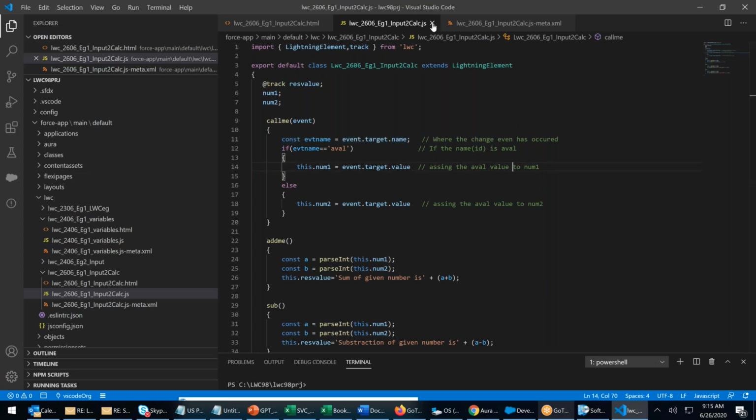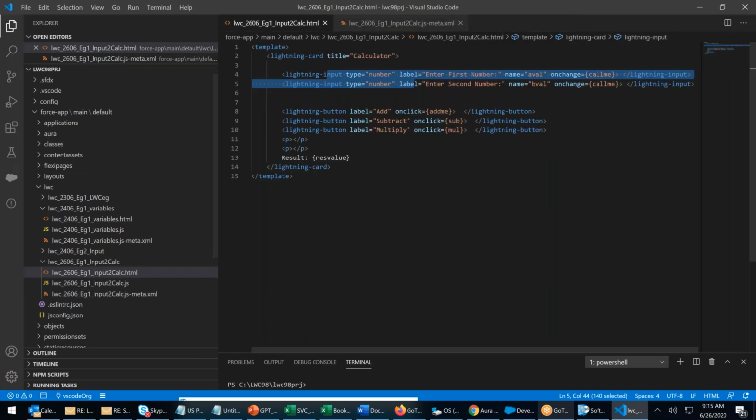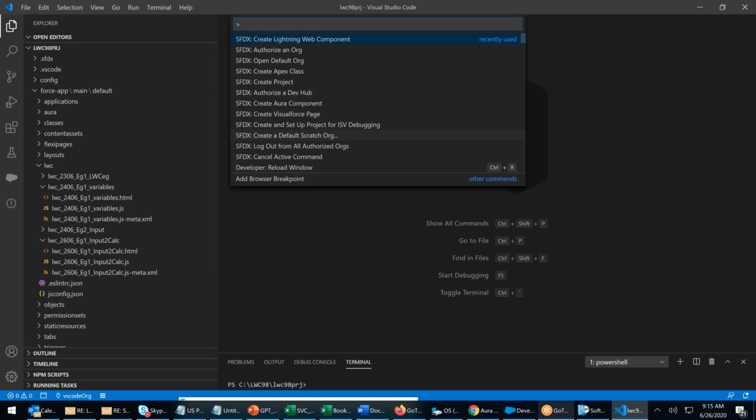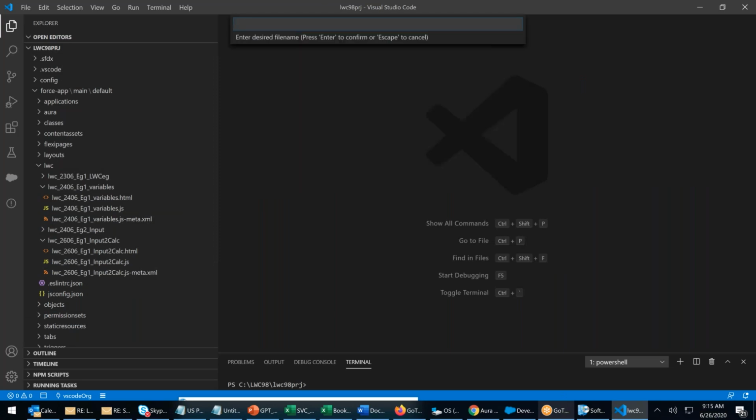Let's close this. One component we have created. Control Shift P, create a Lightning Web component. LWC hyphen 2606 hyphen EG2, example2 hyphen input calc dirty.